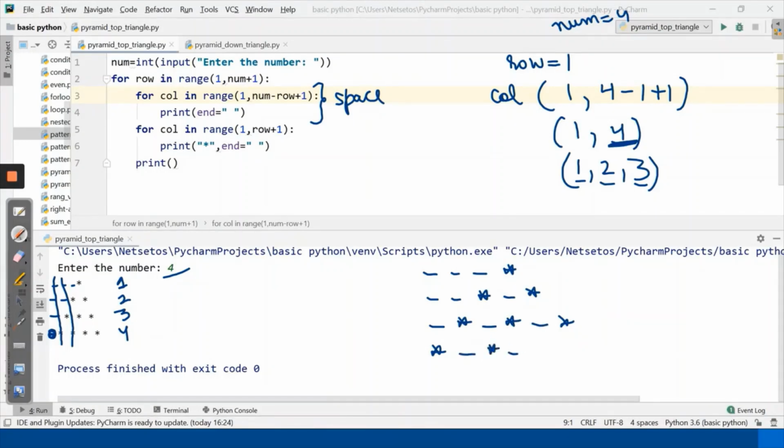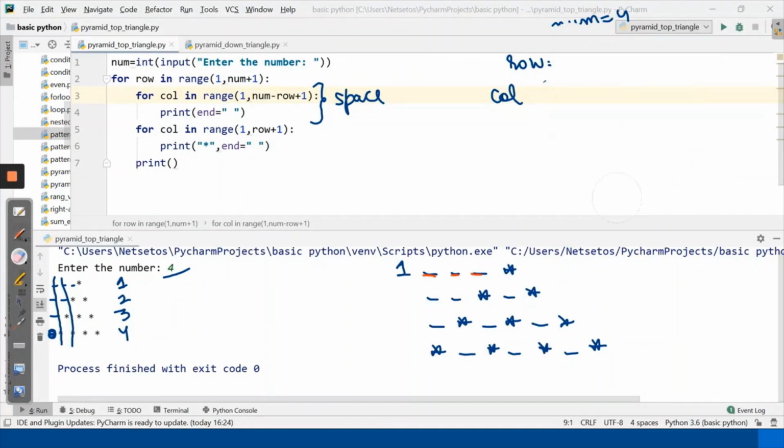So at row 1, it has taken 3 spaces over here. Now I want to see for row 2. It will take row 2 and column will be from 1 to num, 4 minus row plus 1.